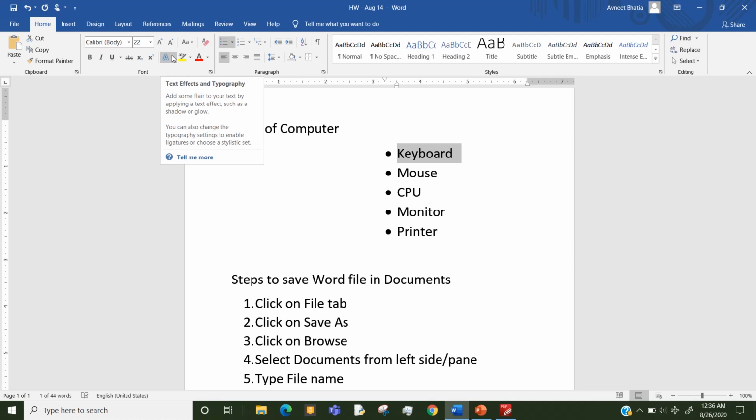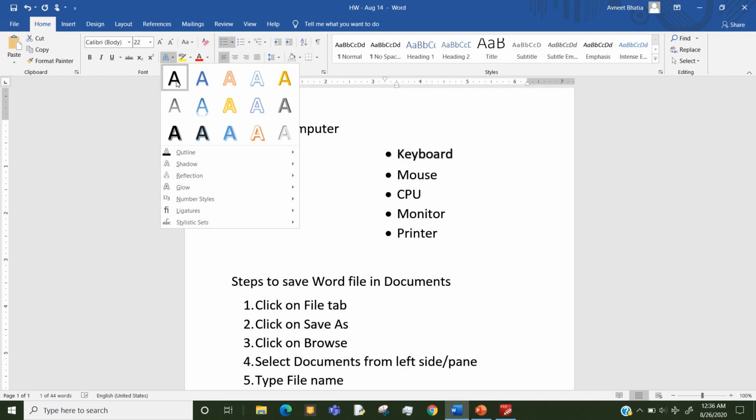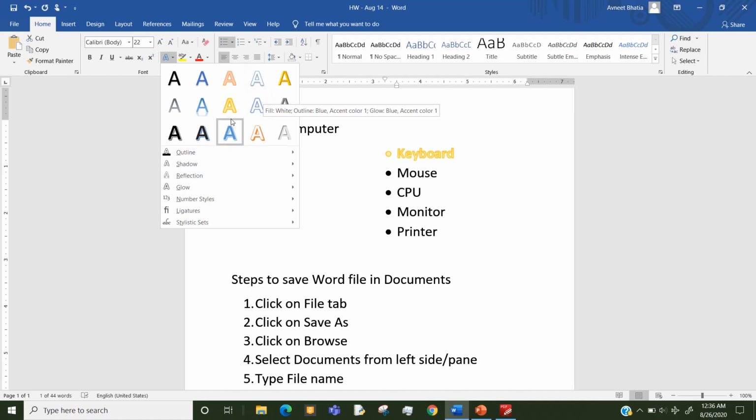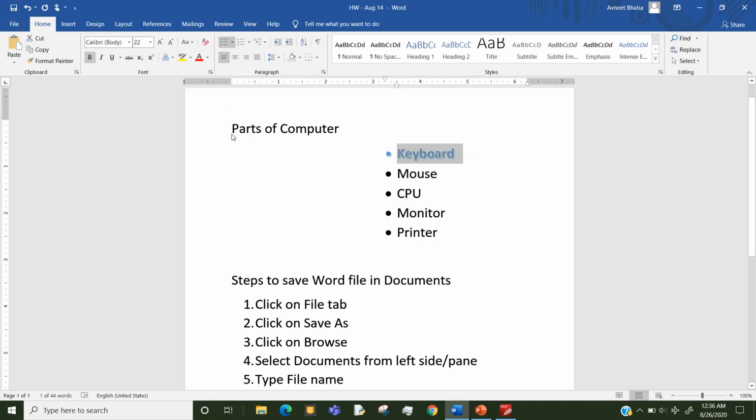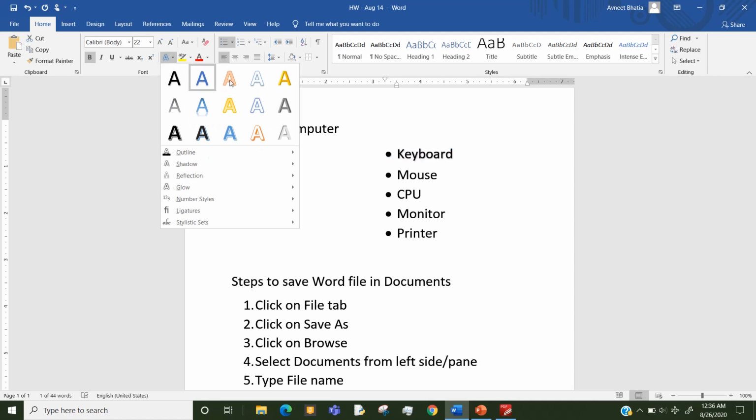Step 2, click on Home tab, Font group and Text Effects drop down. Keep the cursor on these 15 predefined text styles and you can see how your selected text appears. Whichever style you like, you can select that. I'm selecting this one. So this is how you apply the first text effect, any one of these 15 predefined styles.